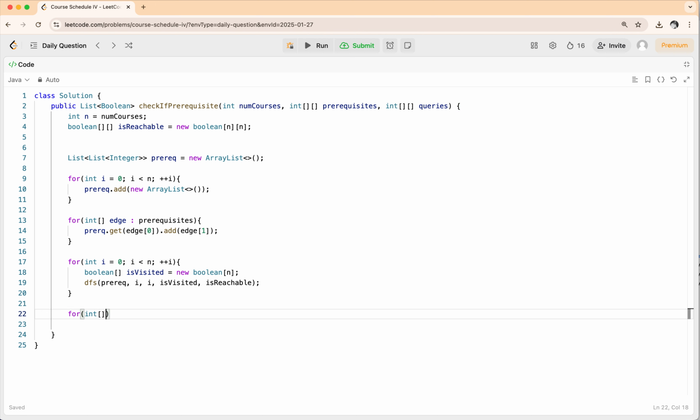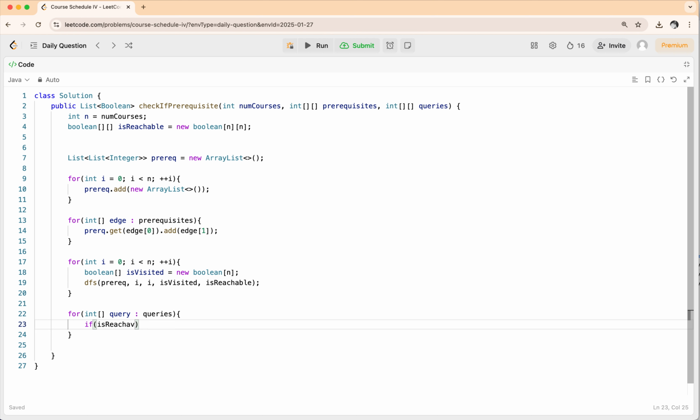So for int array query in queries, okay, now what we will do is, if isReachable of query of 0, query of 1. So from query of 0, if you are able to reach query of 1, then what we will do